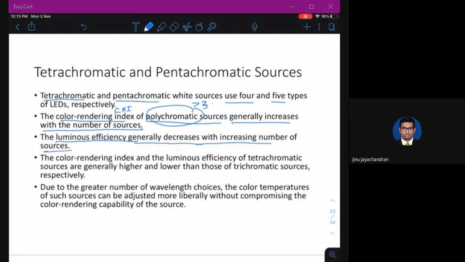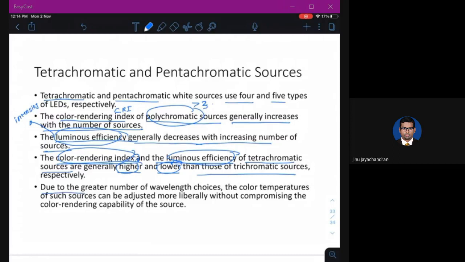Luminous efficiency means the intensity of the light. So basically the color rendering index and luminous efficiency of tetrachromatic sources are generally higher and lower than those of trichromatic sources. Color rendering index is higher for tetrachromatic and luminous efficiency is lower.